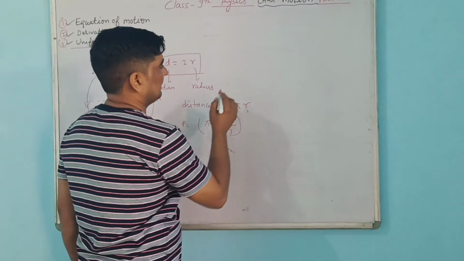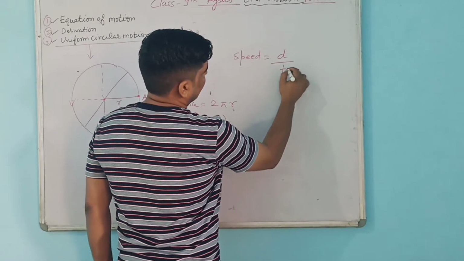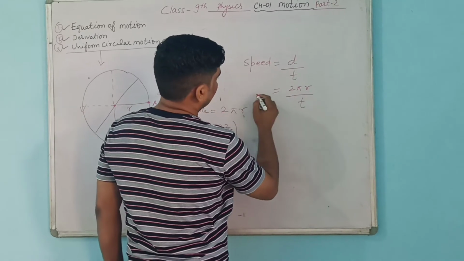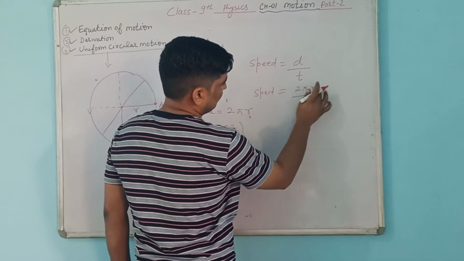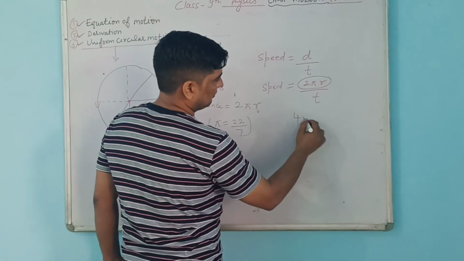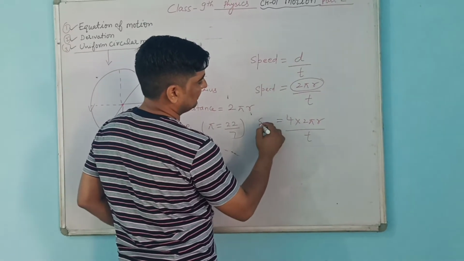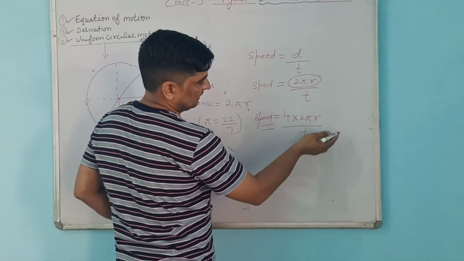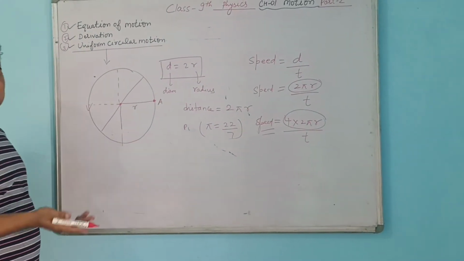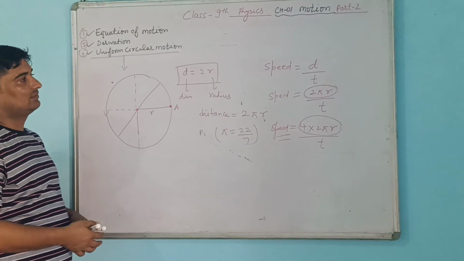So if somebody is asking you the speed, you obviously call it distance divided by time. So you can say 2 pi r divided by t. That is your speed for one round. They may give you 4 rounds. So for 4 rounds it will be 4 into 2 pi r divided by t, where t is the time you have taken. Like that they will give you the total distance. You should know distance will be 2 pi r in one round. If they are giving more rounds, you will multiply by that. I hope this topic is clear. We have touched almost all the points.